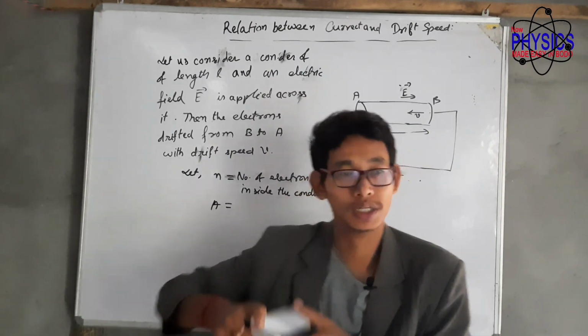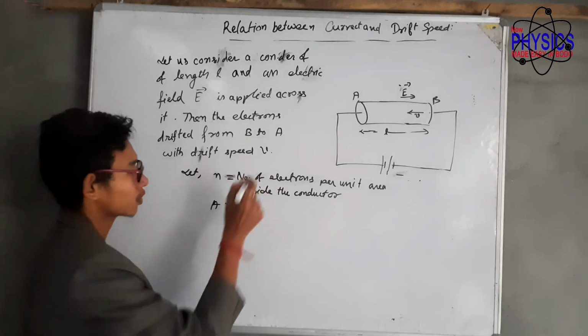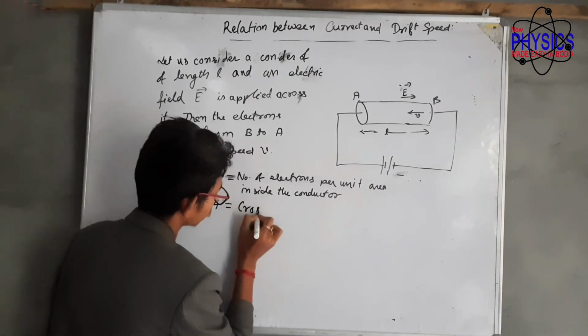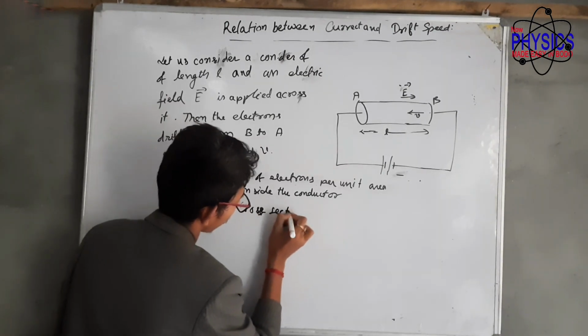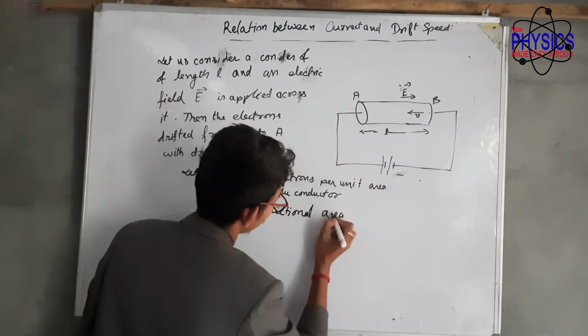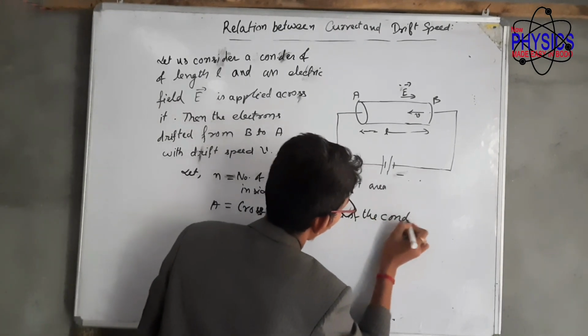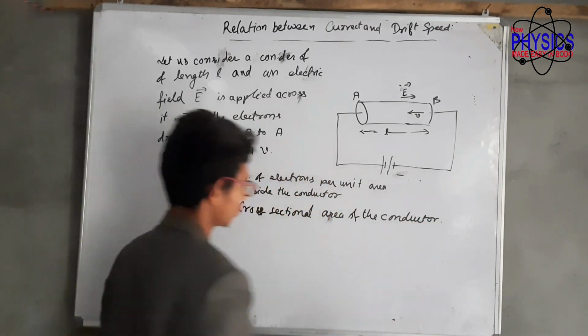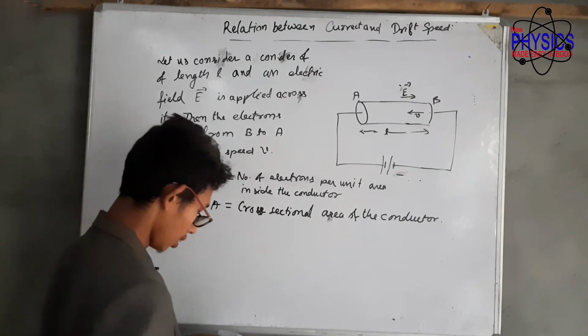This is known as the cross sectional area. We call it the cross sectional area, and A is the cross sectional area of the conductor. Okay, now therefore